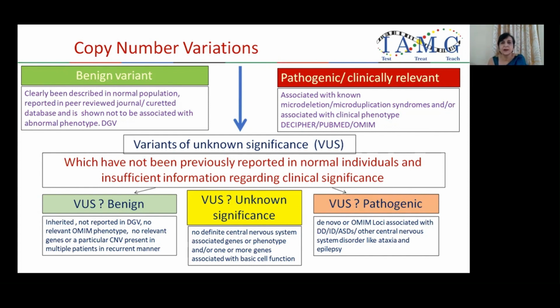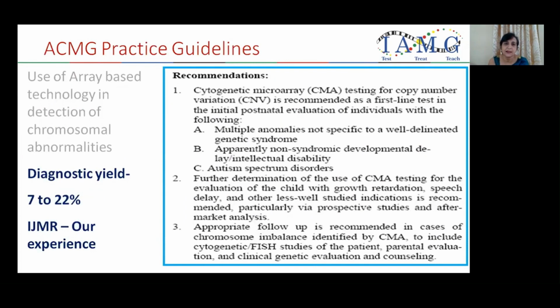So such variations of unknown significance are very challenging for interpretation and counseling, especially in prenatal results. But because of this power and high diagnostic yield, the American College of Medical Genetics and Genomics says that cytogenetic microarray should be the first-tier test for any children with multiple anomalies, syndromic or non-syndromic developmental disability, autism spectrum disorder, and also they say that for any prenatal sample taken for any other indication, that sample can be processed to